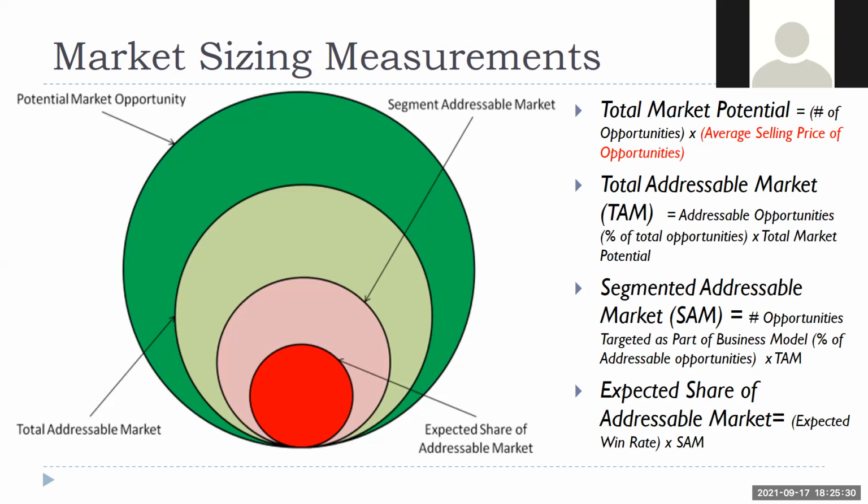Sir, in total market potential, will we consider all the firms that fall into our criteria? Yes. It is a very hypothetical, theoretical scenario. If I do it for a B2C company, say I'm starting a cola like Coca-Cola or Pepsi, all 7.2 billion of the population will be my total market potential, which is again a hypothetical scenario. Obviously, that is not possible.